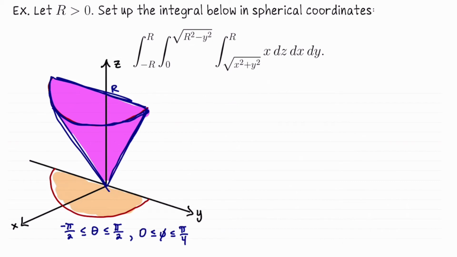Rho is a radial coordinate. So to determine rho values, I like to start at the origin and draw rays coming through my domain until they exit. So if we travel outwards from the origin, we do have a solid region of integration here that touches the origin. So that means the lower bound for rho is going to be 0. So we start here, and then rho increases away from 0. So increase, increase, increase, increase. And then we exit the region